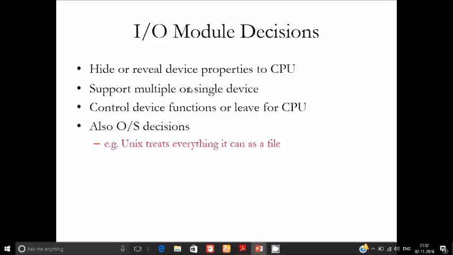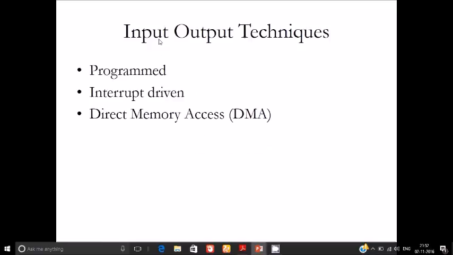You can see here support for multiple and single devices, and control device functions only for the CPU. There are also OS decisions, like the decisions taken at that time to show the properties to the CPU or not, based on the device. In the OS, for example, Linux treats everything as a file, whereas Windows has something different.